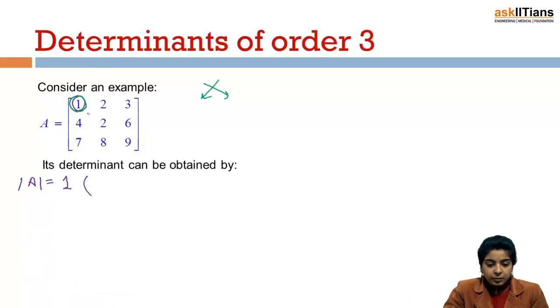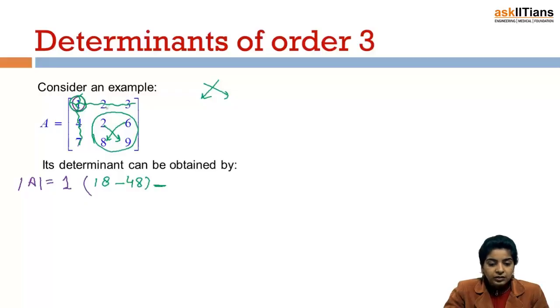See, I take the first element 1, I write it down like this. Then what you can do is just cross this row, this column and this row, right? Then this is the remaining element, just consider these elements. Now we are left with these elements. Now again this is a 2 cross 2 matrix, so what you will do is multiply these two, that is 18, minus sign in between and multiply these two, that is 48. Okay, so this is what we have got. Then some sign will come in between.